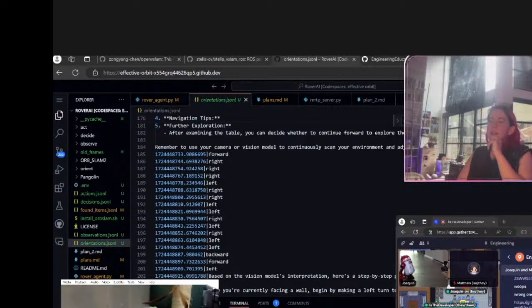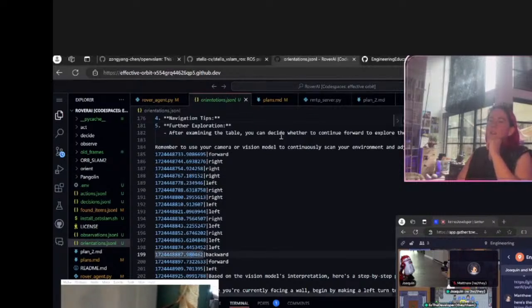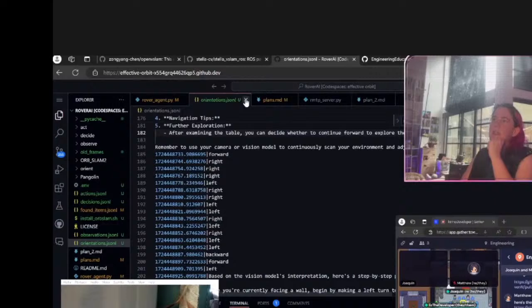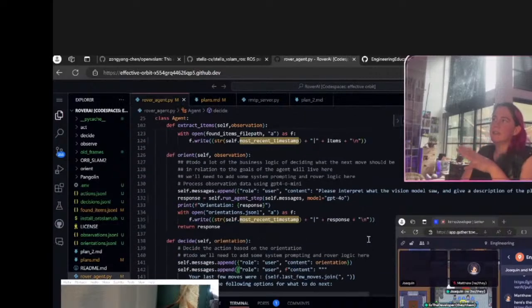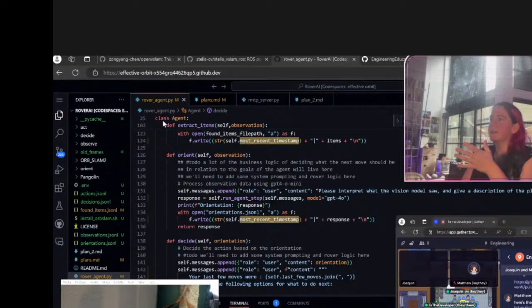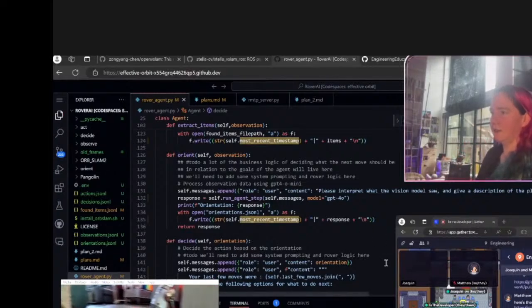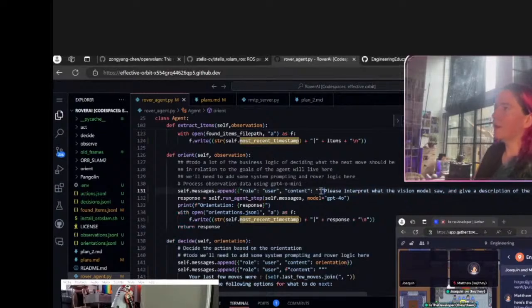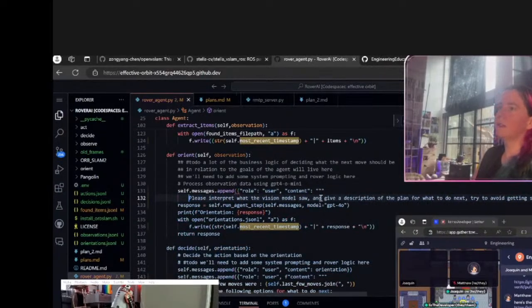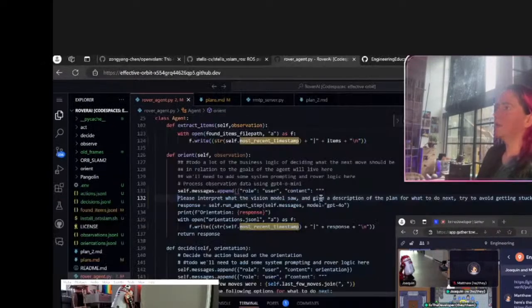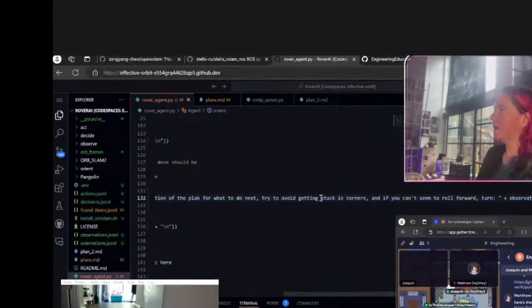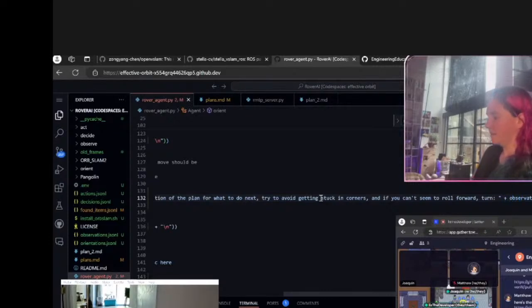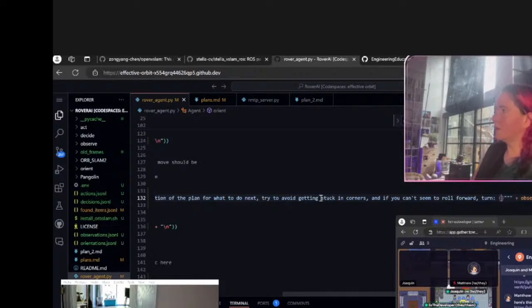Oh, you know what? I'm realizing this thing says like, should we turn left or right? And so we should say in here, and I'll make this into another multi-line string. I'm always doing that too. And then I'll do observation.